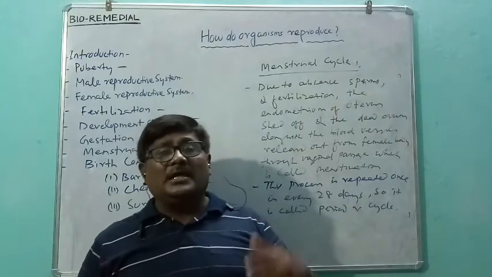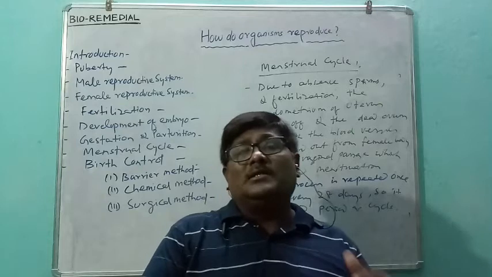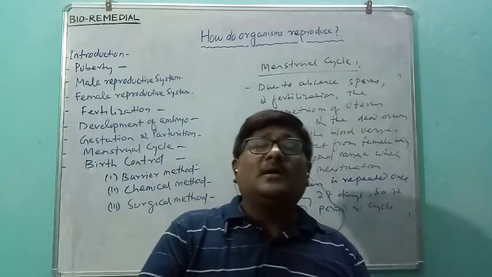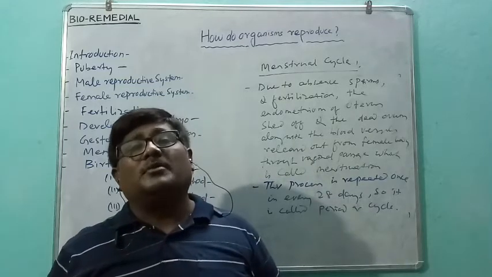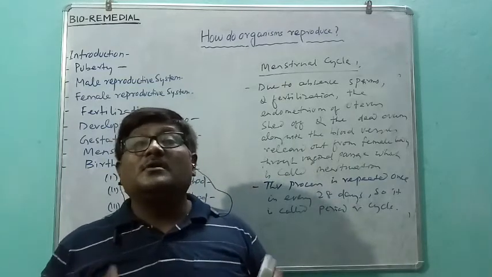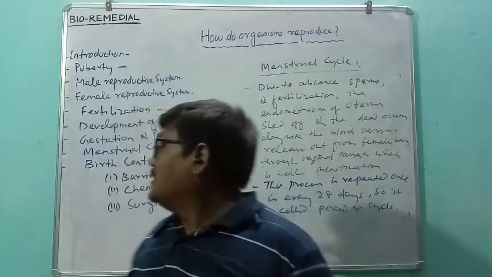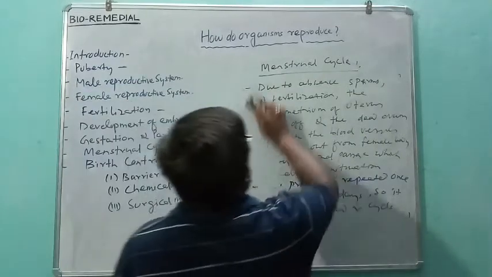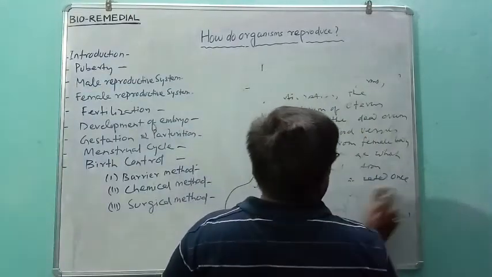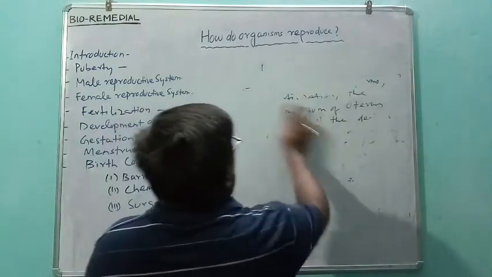Okay, if there is fertilization, then the uterine wall remains the same, and it holds the embryo for the complete development. This is all about the development of the baby inside the female body. And the last part, we will understand birth control. We have understood how birth takes place, how a baby is born.